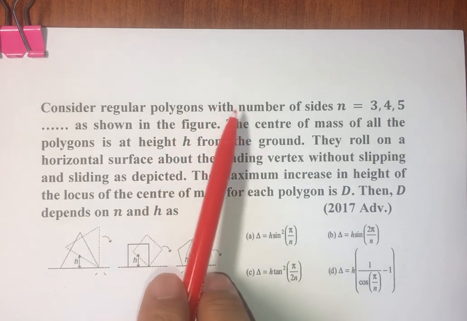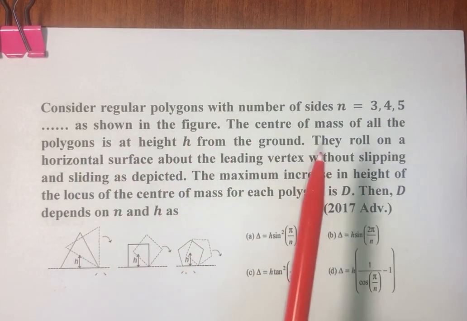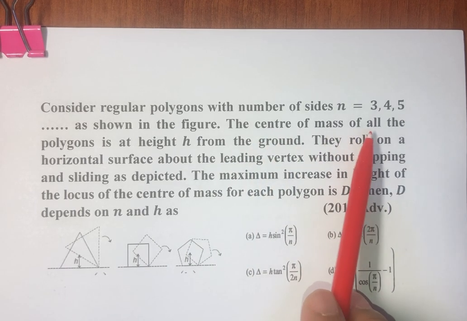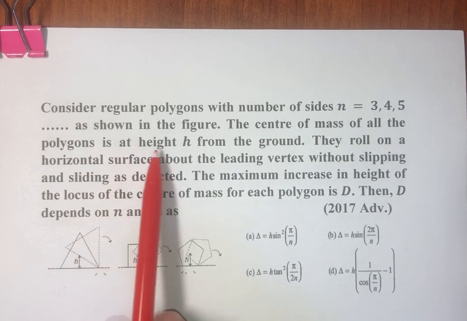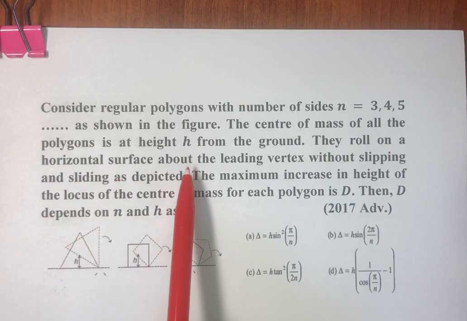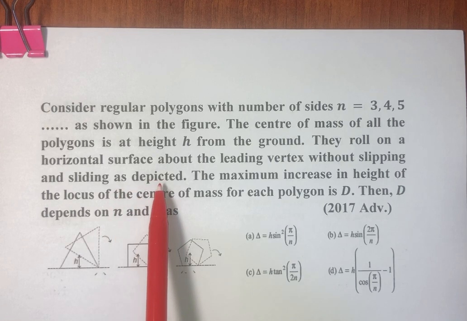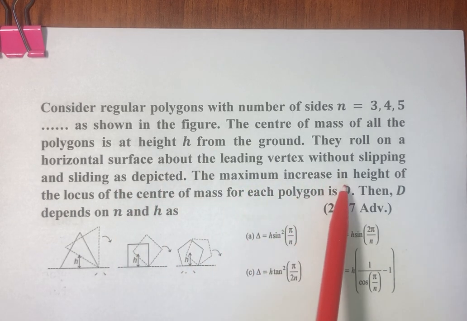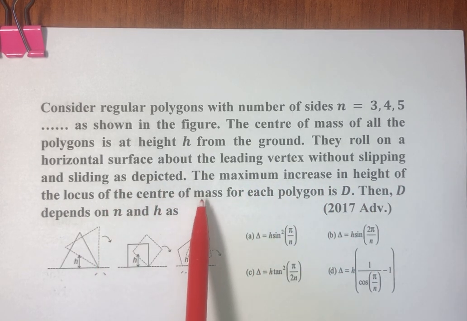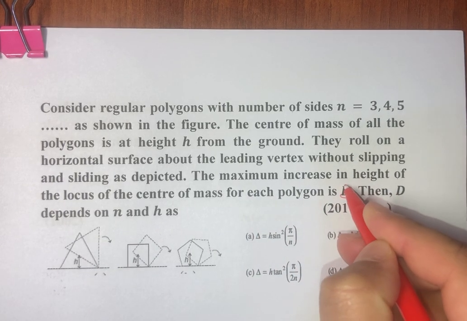Consider regular polygons with a number of sides n, 3, 4, 5 and so on, as shown in the figure. The center of mass of all the polygons is at a height h from the ground. They roll on a horizontal surface about the leading vertex without slipping and sliding, as depicted. The maximum increase in the height of the locus of the center of mass for each polygon is